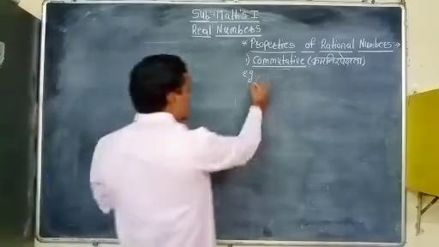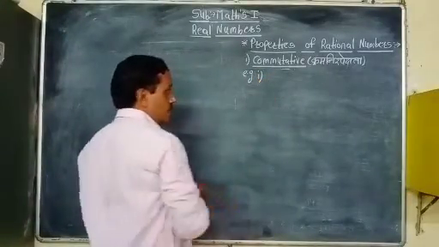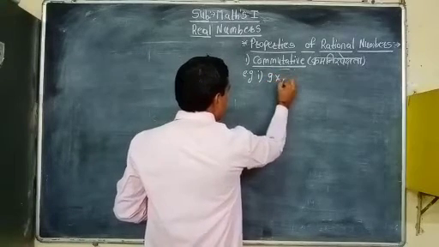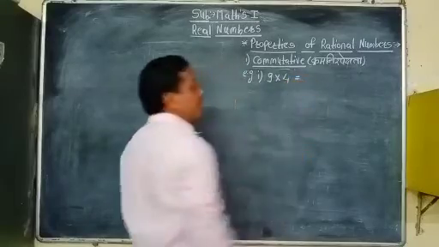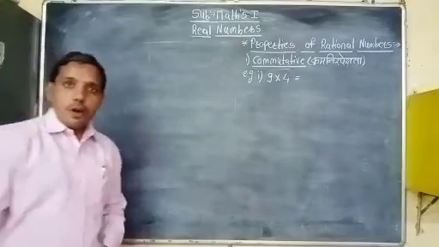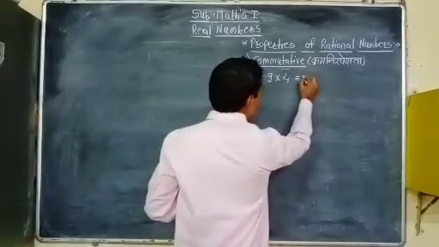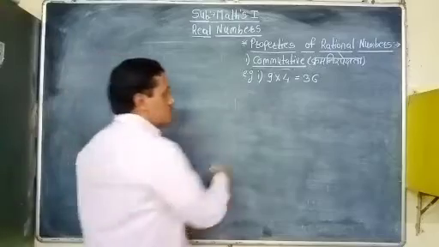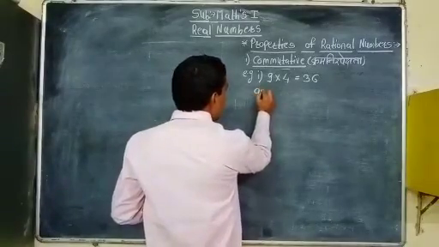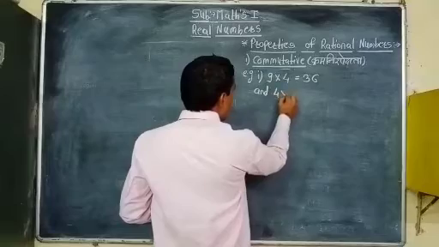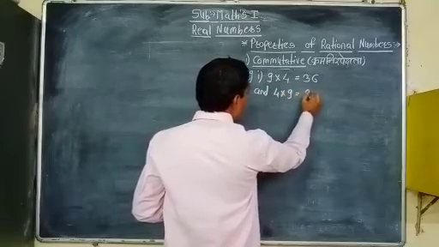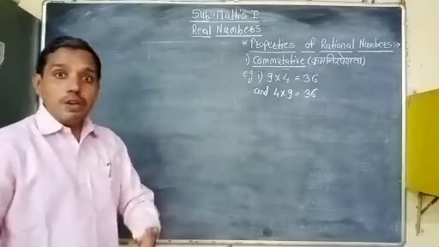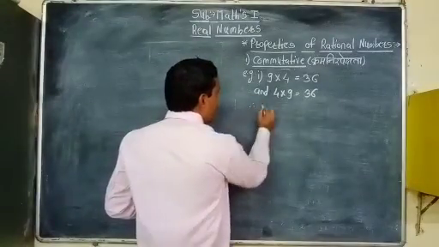So the first example is 9 into 4. What is the product of 9 into 4? 9 4s are 36. And if we replace the position, we get 4 into 9. 4 9s are 36. That means the answer will be equal, and that is why we write down